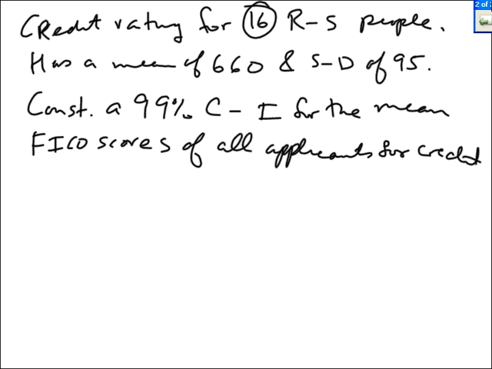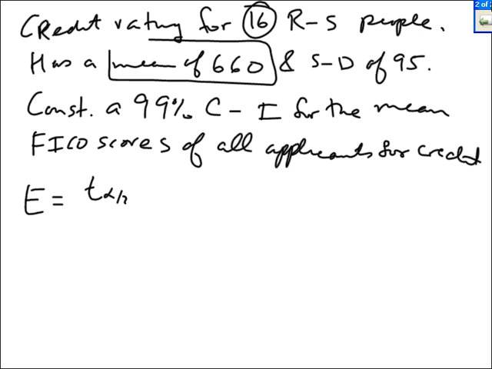Okay. So remember, you need to know x bar minus E and x bar plus E. That is, you need to know x bar and E. Well, we are given x bar. The sample has a mean of 660. So we need to find E. E is t sub alpha over 2 times s over the square root of n. So we need to find alpha over 2. Now, since this is a two-tailed test,